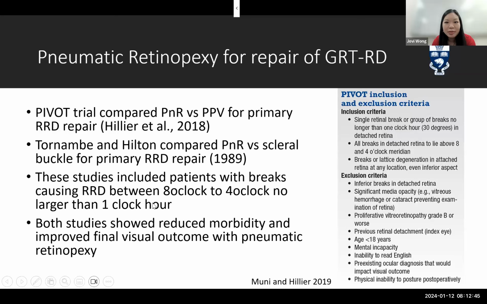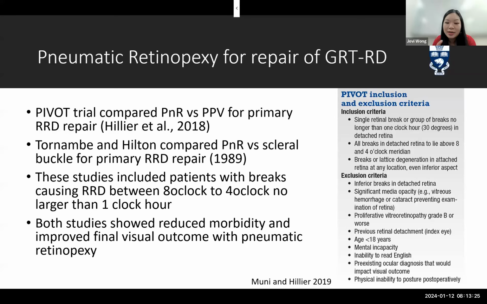Okay, and of course, we want to mention the data we have on using pneumatic retinopexy for repair of regular retinal detachments. And of course, we have the PIVOT trial, which compared pneumatic retinopexy versus pars plana vitrectomy for primary repair. And an older study had compared pneumatic retinopexy versus scleral buckle for primary repair. And in particular, in these studies, we included patients with breaks that are causing the detachment that are in the superior 2/3 of the retina. So between 8 o'clock to 4 o'clock,